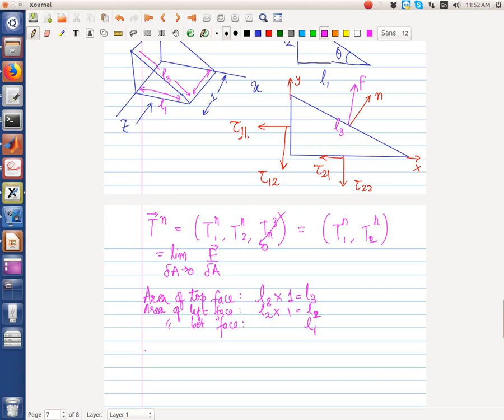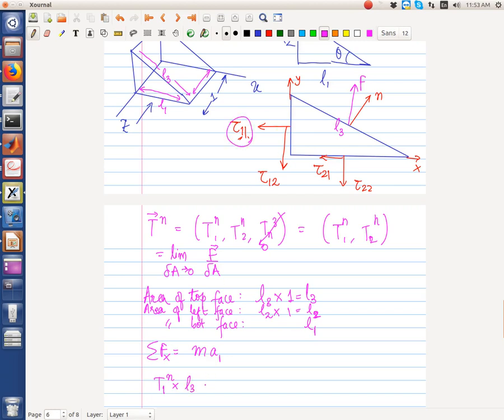So let us write down a force balance. Summation of all the forces is equal to mass into acceleration of this element. So if we have summation of forces in the x direction is equal to mass into acceleration in the x direction, because the acceleration has the components a1, a2 and a3. So the force acting in the x direction is first of all T1n multiplied by the area. So T1n multiplied by L3